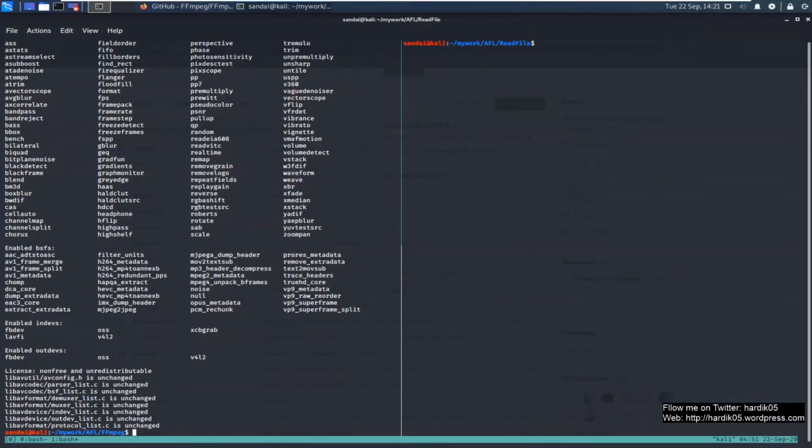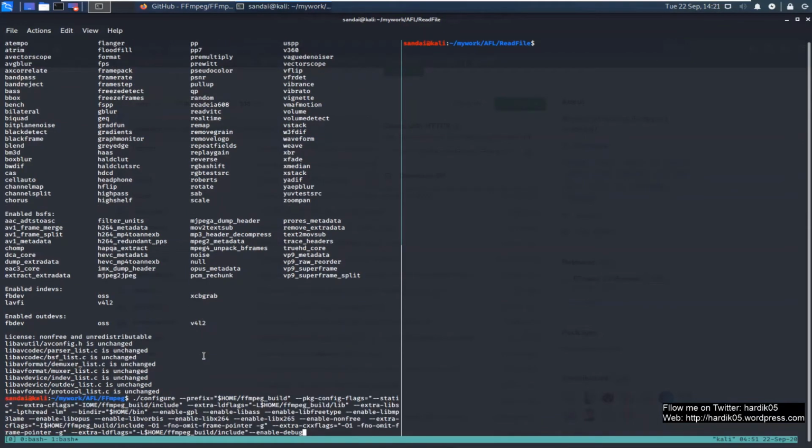But before that, as you might notice, in our configure parameters we have not given the AFL compiler option, and in this case we need to specify those options explicitly. So let's go ahead and change our compiler. By default it was using the GCC compiler, so let's add our compiler flag to AFL clang or AFL gcc, so that we can instrument this program using AFL.